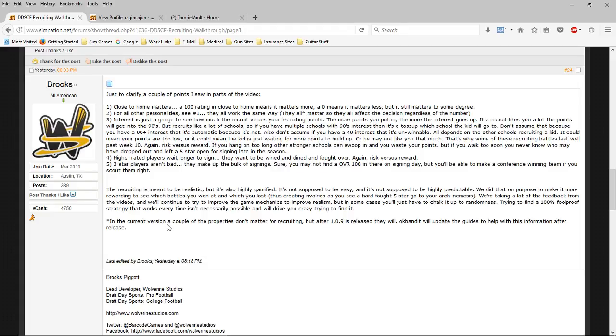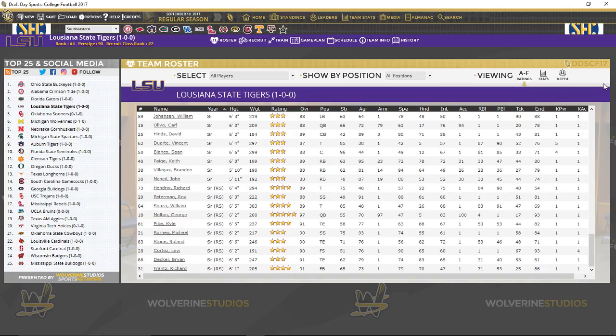Now, in the current version, a couple of the properties don't matter for recruiting, but in this new patch they will, and Bandit will update the guides, which are found on the Wolverine site, which we talked about in the first and second video episodes. So I guess what he's referring to there is,